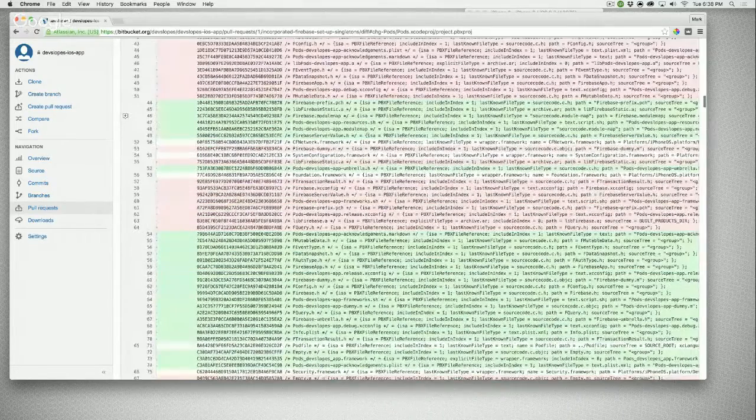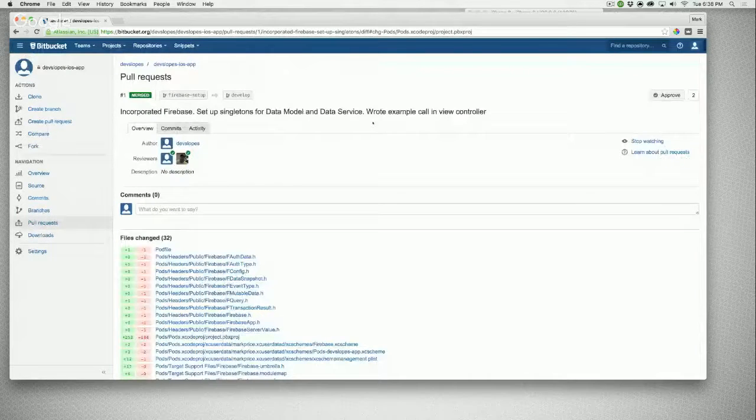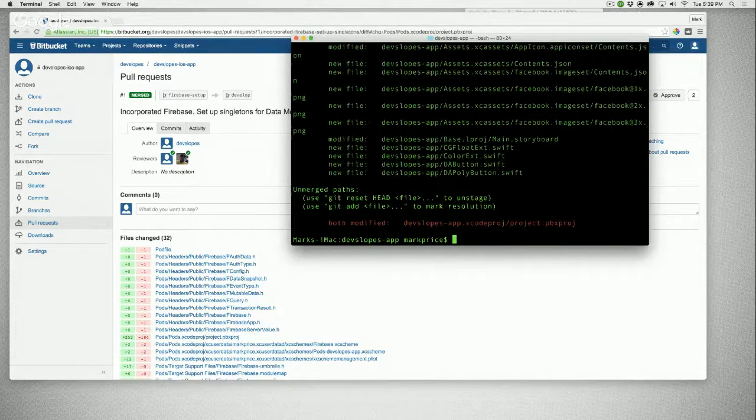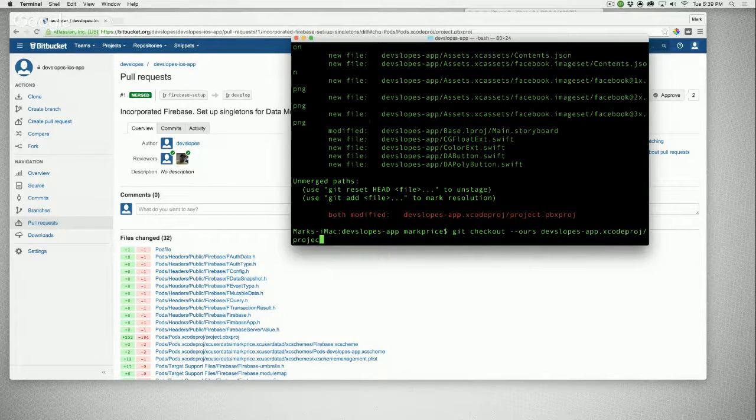So what I'm going to do is I'm just going to discard my changes, meaning I'm going to take your folder changes and discard mine. So in the terminal, what I'm going to do is git status. Okay, I'm going to say git checkout --ours, and we're going to say devslopes-app.xcodeproj, and we'll just do the very specific file name, pbxproj. Okay, so this is going to say, hey, we want our changes instead of the remote repository's changes. If you wanted my changes,